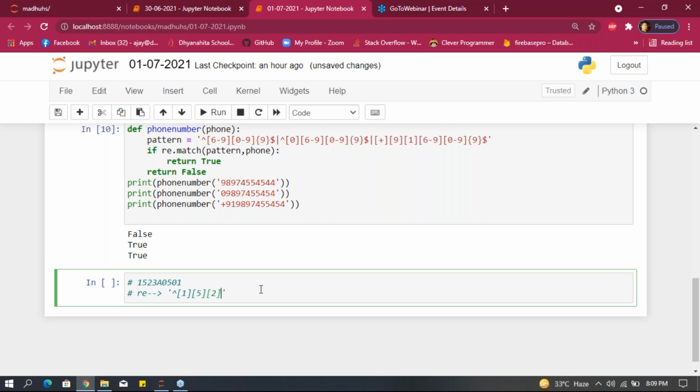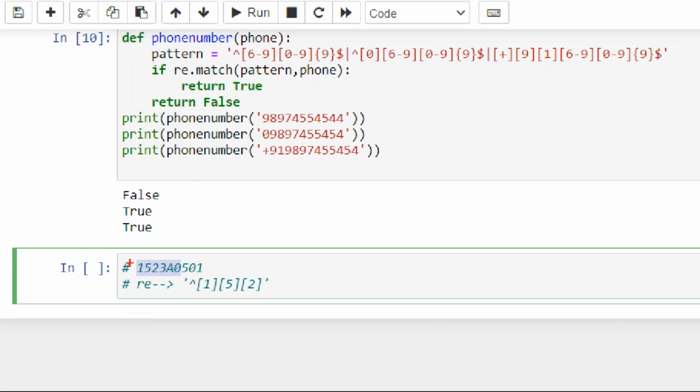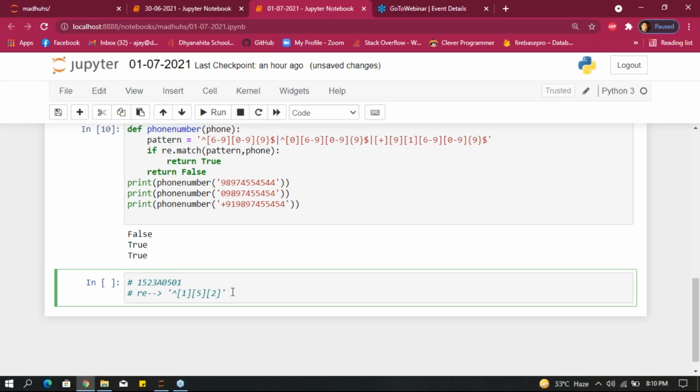Most of that roll number, if you observe up to here, most of the roll numbers will be common. Last 3 digits will vary. That is the reason I'm taking here 1 2 3, 1 2 3.